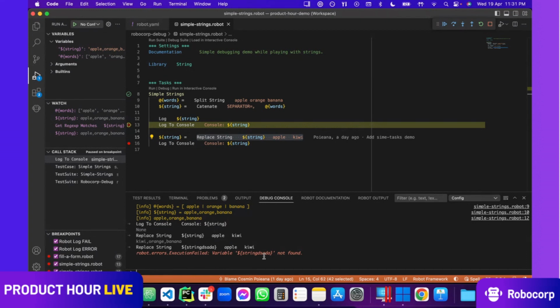And let's say if I'm putting something wrong here, it will error. So like this, you can test out, right in the middle of the execution, things that you want to implement further in your bot. You test them, you play with them, you see the behavior. Once you like it and feel that it's doing what it should be doing, you can just copy and paste the thing that is working from here back in the robot code. Then you'll be very sure that it is working as expected.